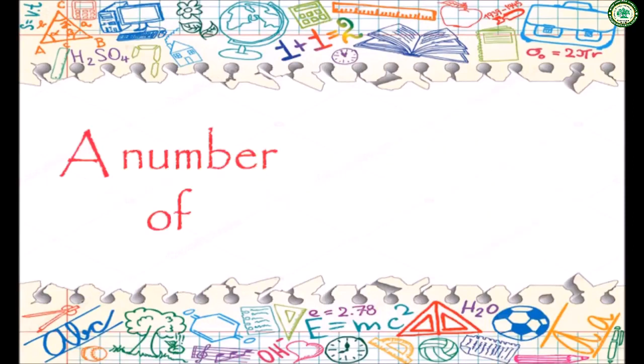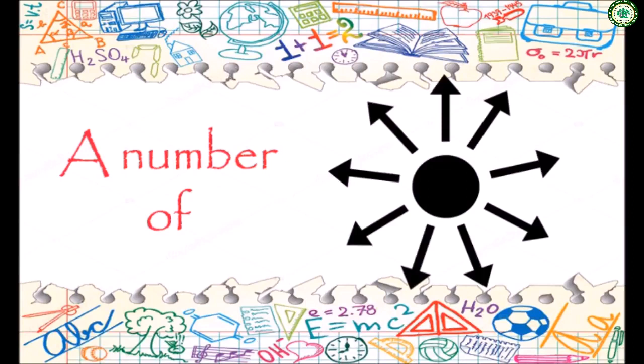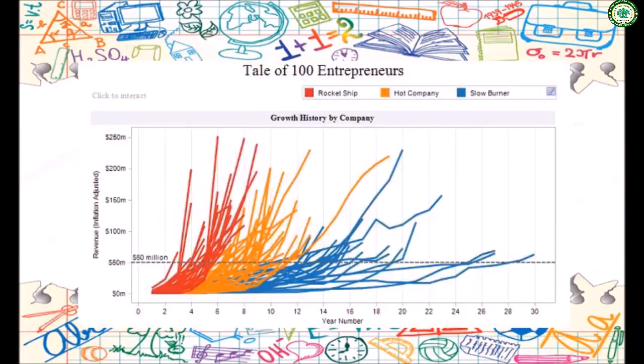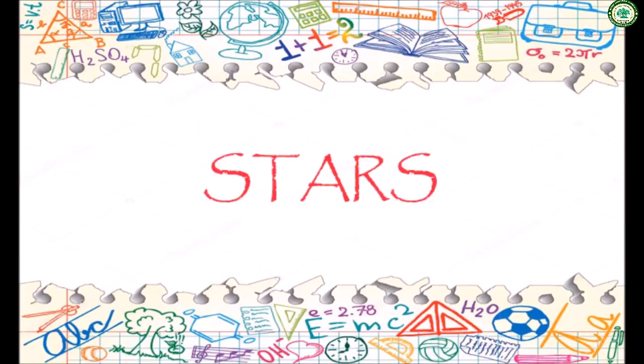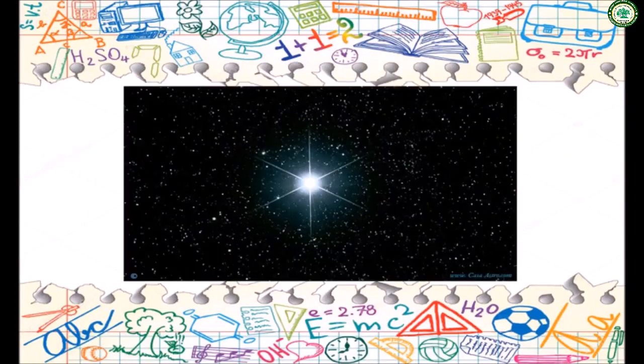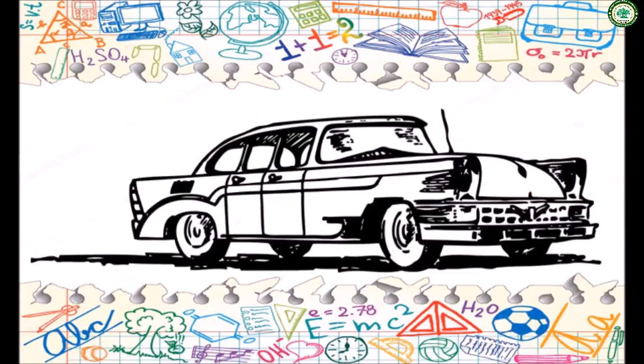Derivatives can be used in a number of ways in everyday life, especially with optimization. Example, the growth rate of any company and the profit or loss it made. Other examples of real-life applications of derivatives. Stars. It is to calculate the position of the stars. Automobiles. In an automobile, there is always an odometer and a speedometer. These two gauges work in tandem and allow the driver to determine his speed and the distance that he has traveled. Electronic versions of these gauges simply use derivatives to transform the data sent to the electronic motherboard from the tires to miles per hour and distance.